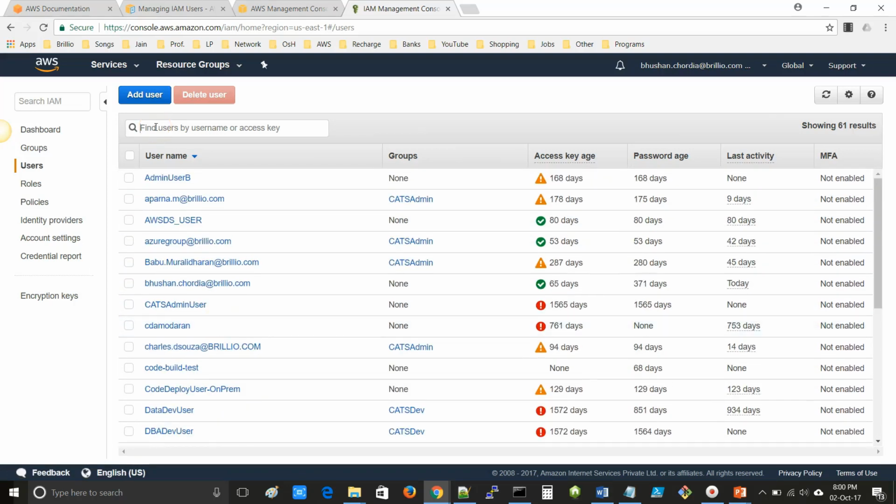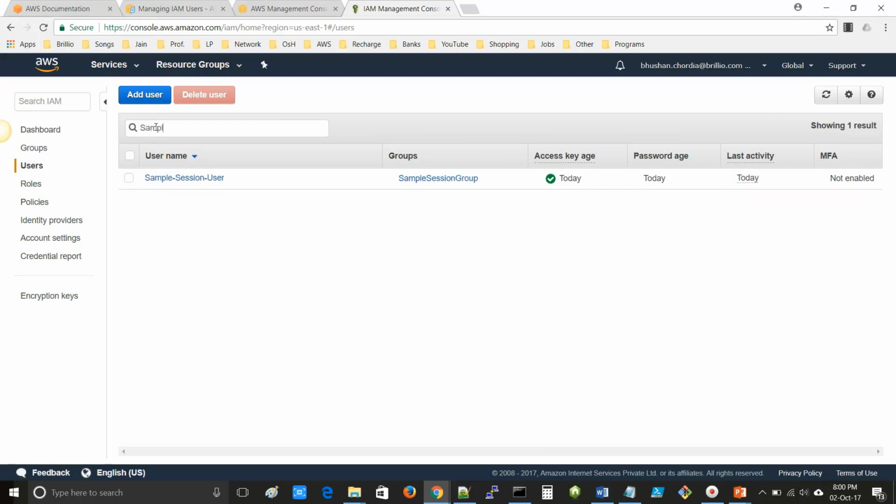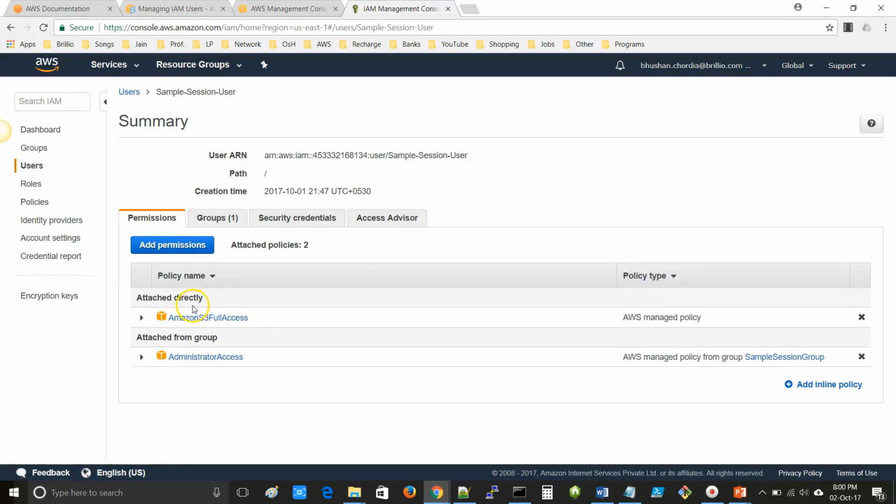For the demonstration purpose of renaming the username and deleting the username, I already have a sample session user. So you can check the attached policy here. For the sample session user, we have Amazon S3 full access and we also have administrator access.